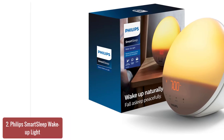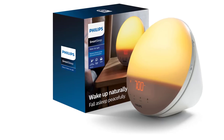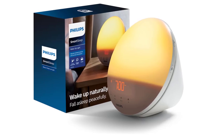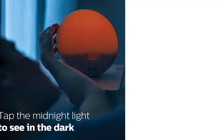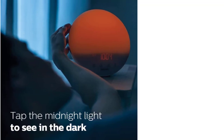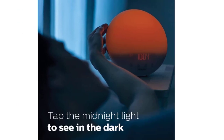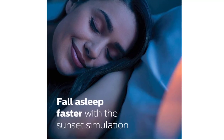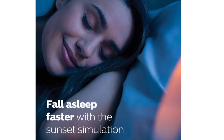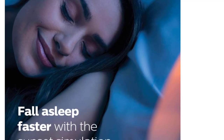List 2. Philips Smart Sleep Wake Up Light. The Philips Smart Sleep Wake Up Light is the premium choice in this comparison, offering clinically proven sunrise and sunset simulations. With 20 brightness settings, 5 natural sounds, FM radio, and tap snooze functionality, this product is designed to enhance morning energy and mood. Its sleek design and high build quality make it a standout option for users seeking a